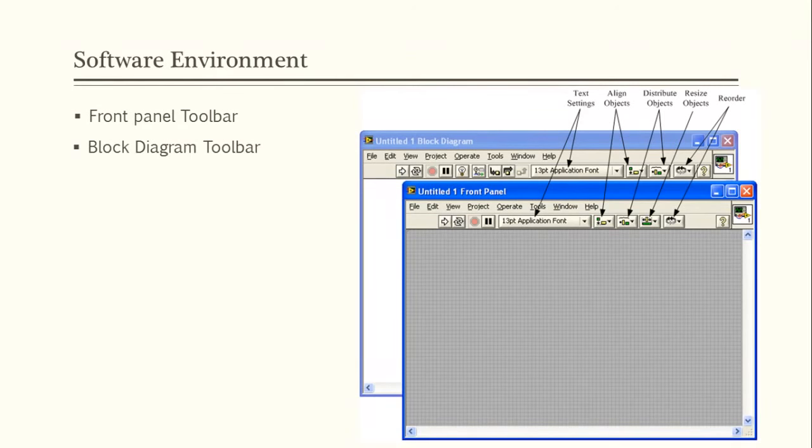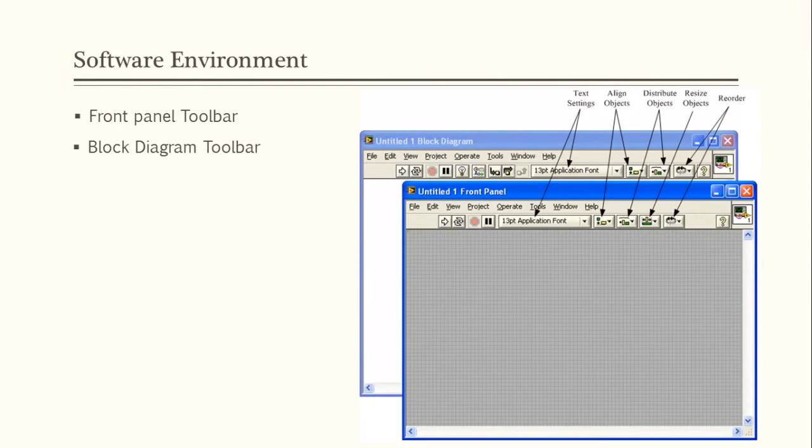This one is the toolbar, the front panel toolbar and block diagram toolbar. You can see on your screen the text setting, align objects, distribute objects, resize objects and reorder. Some of these functions are available in that toolbar. That toolbar is most important to run your VIs, to pause your VIs and to stop your VIs.